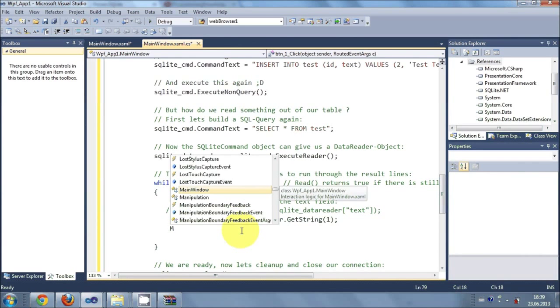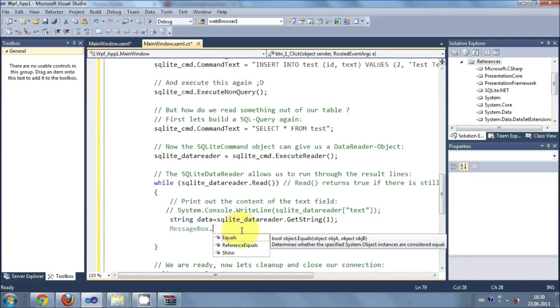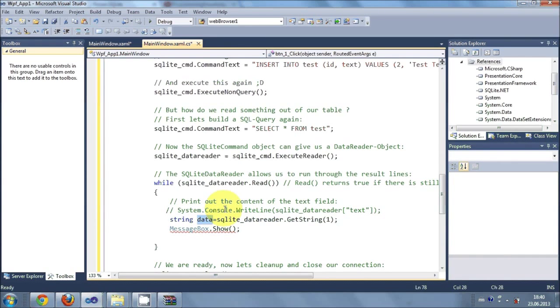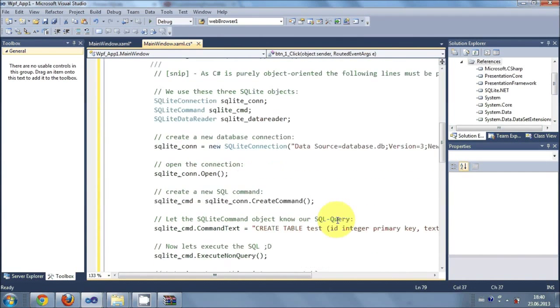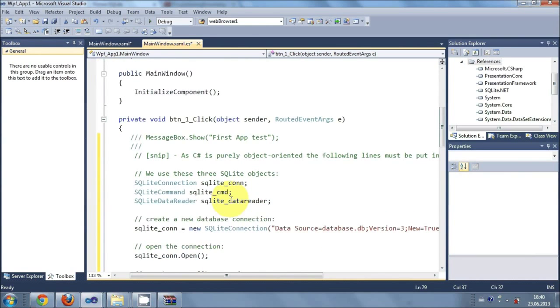So I will write MessageBox.Show, and in the bracket I will pass this data variable which is a string type. So what it is doing is, I will explain this code a little bit. So when you go up